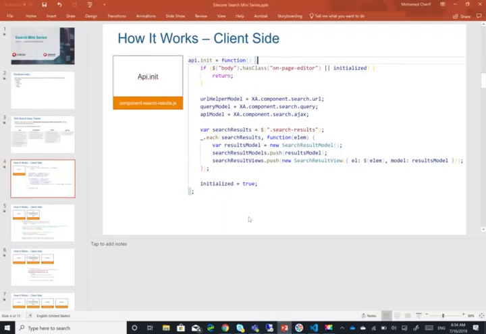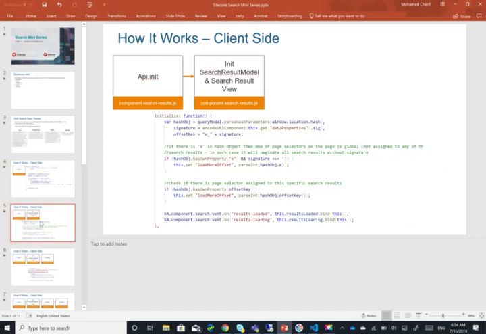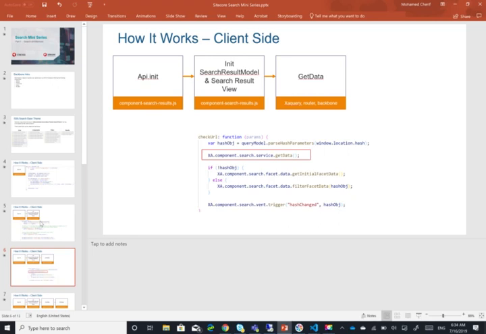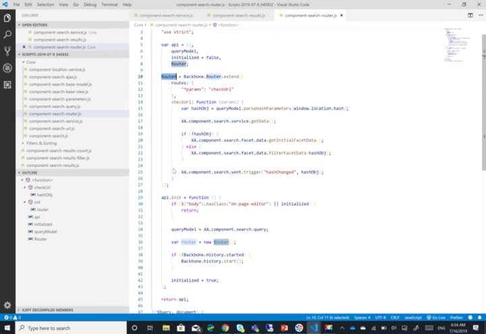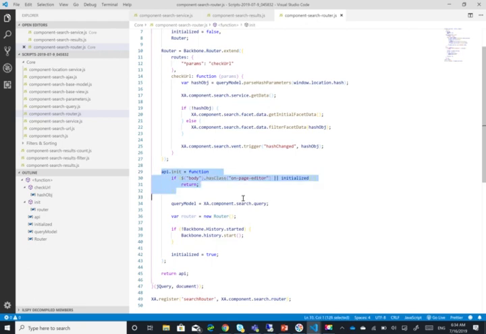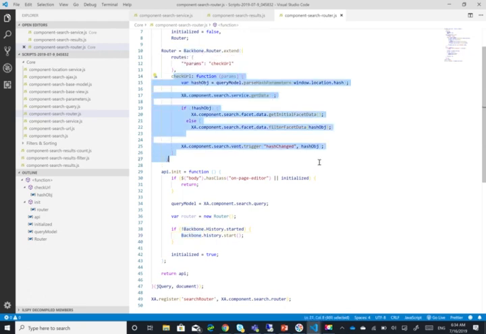So if we just go back one step, the first thing we said is API init gets called, then init search result model and search result view, which in turn will go into the get data function because it's extending the router. So as you can see here, the first thing that gets called in the router, of course, is the API init for it, which says backbone.history.start, which will in turn start initiating Backbone router and Backbone history. And this will call the check URL, which ultimately calls